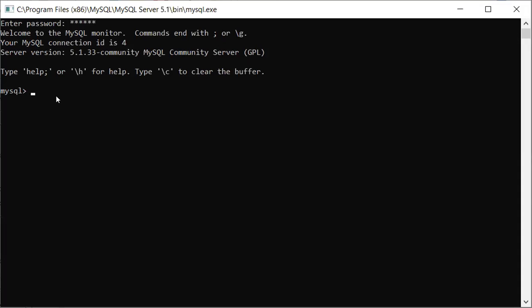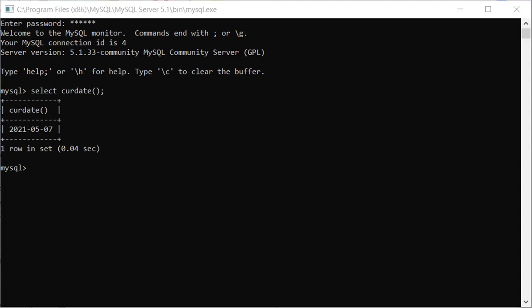Now see, in MySQL, if you wanted to see the current date, meaning the system date, for that particular thing you have one function, that is CURDATE. So simply you can write select current date. What this function will do is fetch the date from the system.